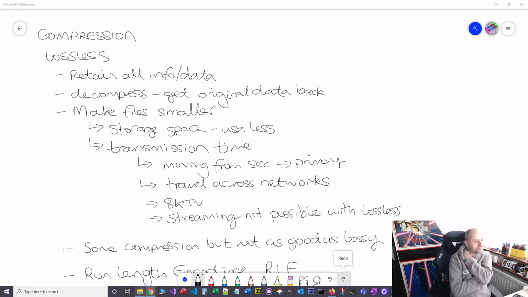Right. So with lossless compression, the benefit is we can reconstruct an original file, but it's always about the context. Don't just waffle about things like this. Always give an example. So let's say a program is decompressed and all the instructions in that program are available. You need to give a context. Right, so why do we do the compression? The base quality of compression algorithms is they make files smaller, okay? But that's not why